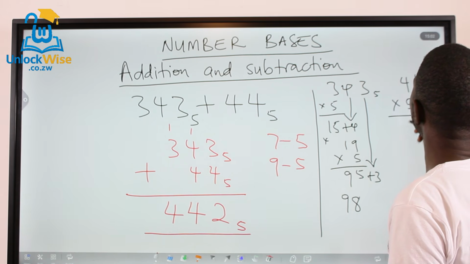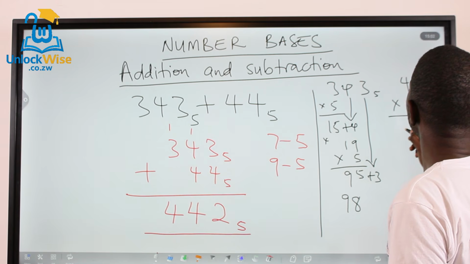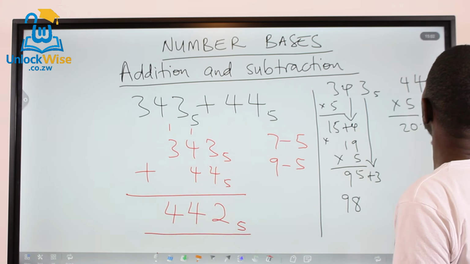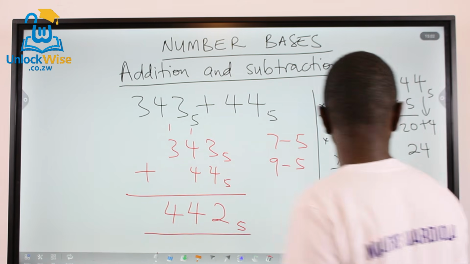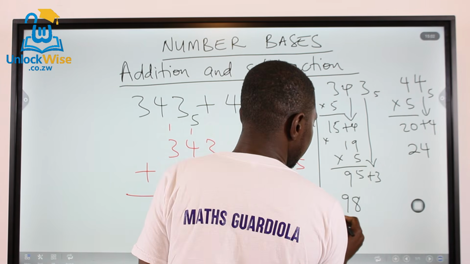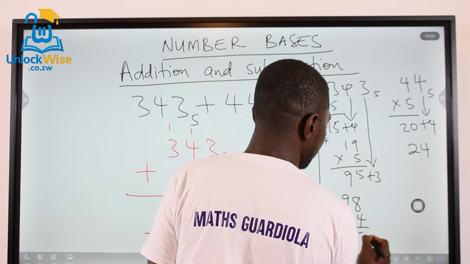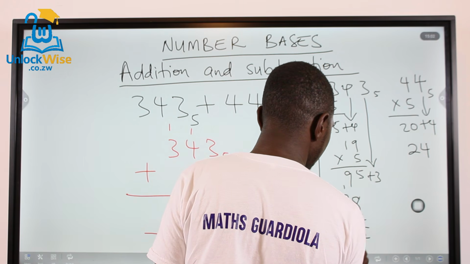We call them by their digit value when they are in other bases. So this will give me 20 plus 4, which is now 24 in base 10. So this will give you 98 plus 24, and here carry 1, 10, 12. So it's